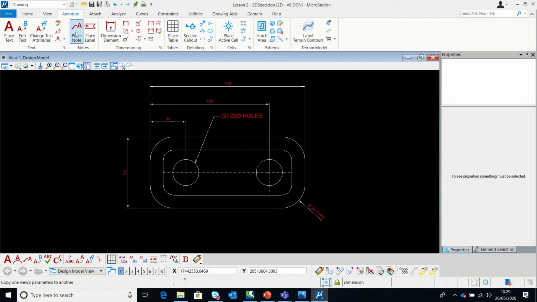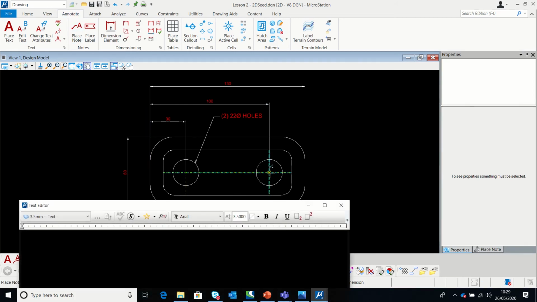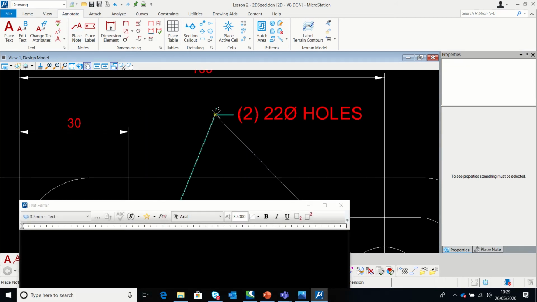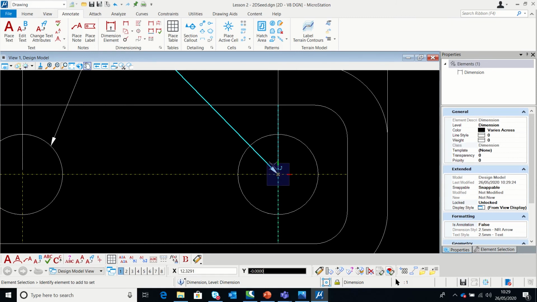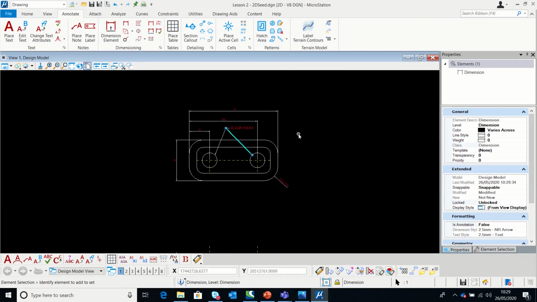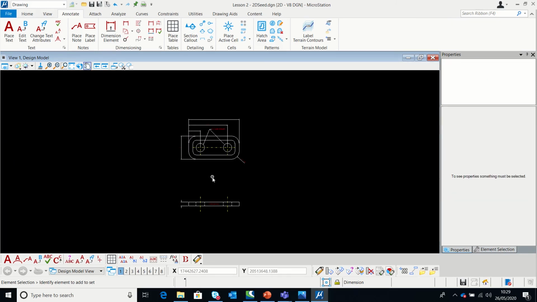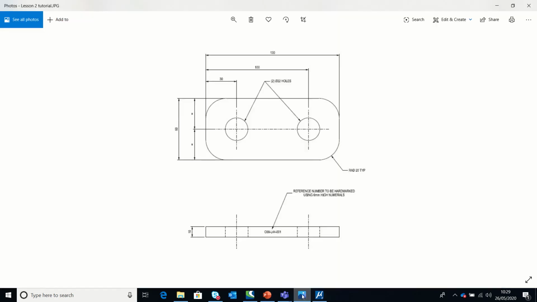To add a second arrow, again do place note and bring it across, but this time don't type anything, just click there and then close like that. So to bring 2 lines, you can adjust, that can be at the edge like that. Now you have 2 lines like so, and the last part left is to add